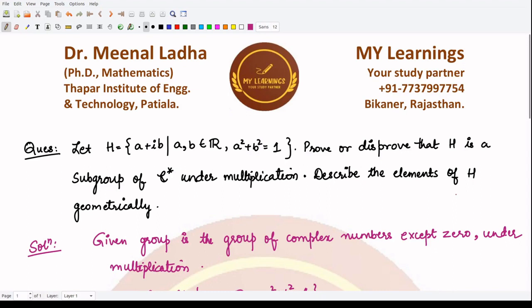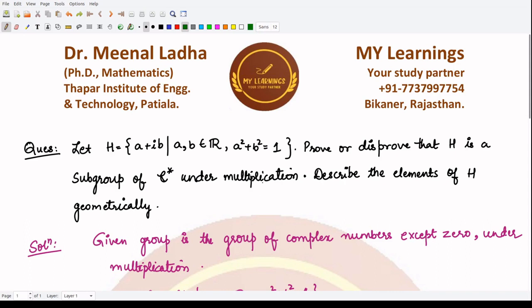In this video we are going to solve this question, which states that we are given this group C star under multiplication. What is this group C star? It is the group of all complex numbers except the number 0. We have eliminated 0 from it. Why? Because the group operation is multiplication here, so you cannot divide by 0, otherwise you would